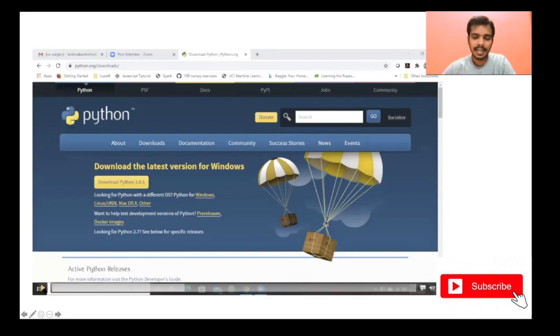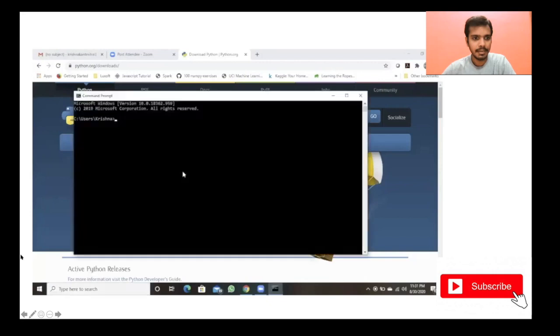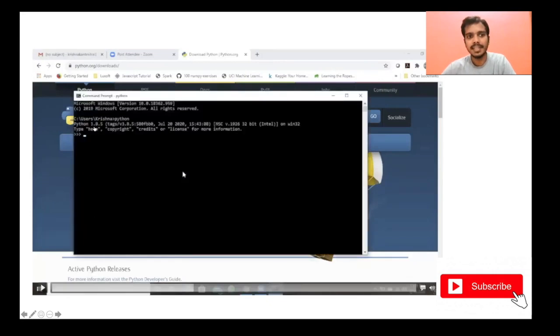So go to the search bar and open the command prompt again. That's what we are doing here. We are opening it again and now type python. You see now it's 3.8.5, right? Whatever we have downloaded, 3.8.5, we are on the latest version now in Windows. So that's what you have to do. Whether Python is installed or not installed, you should follow this approach and you will get Python 3.8.5.